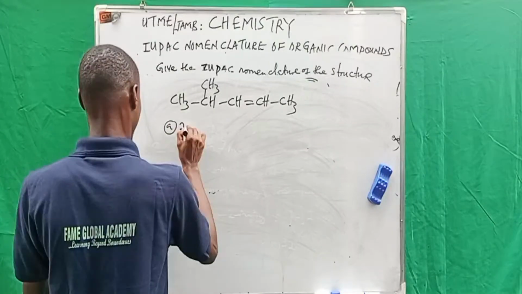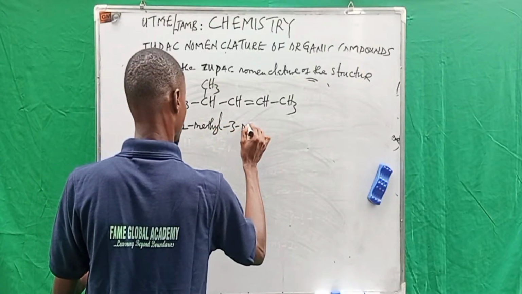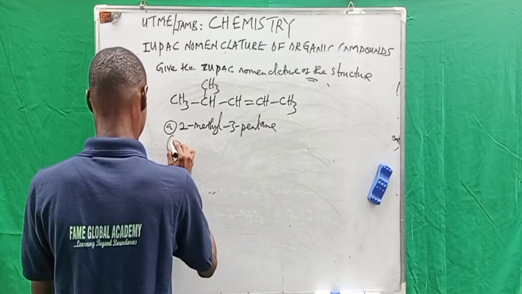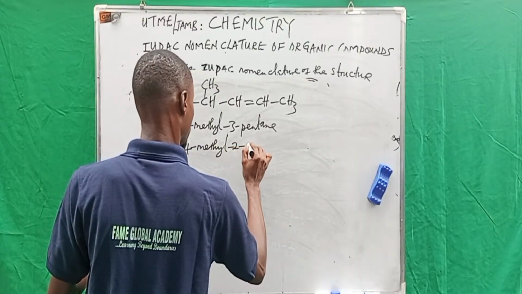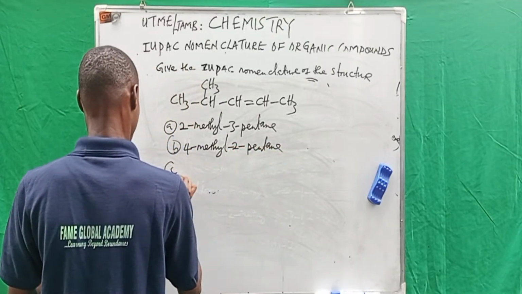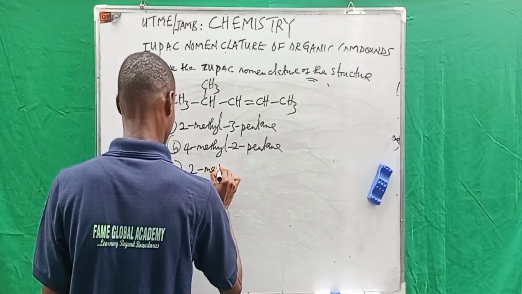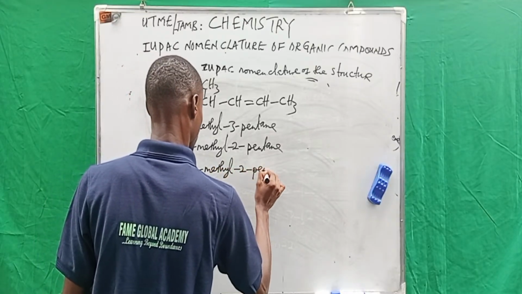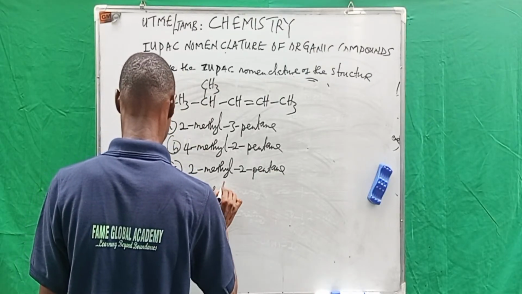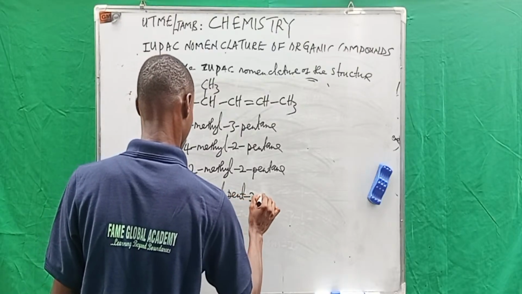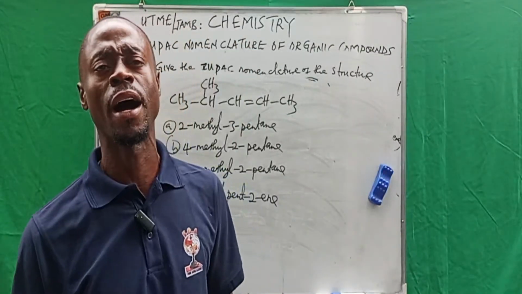We have A, 2-methylpent-3-ene. B, 4-methylpent-2-ene. C, 2-methylpent-2-ene. D, 4-methylpent-2-ene. Okay. All right, before we answer this question, if you are just joining us, this is Global Academy,